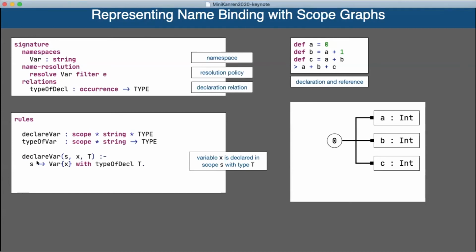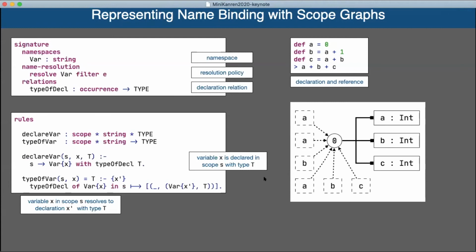And what does that do? Well, declare var is defined as there's an edge from the scope S, so the binding scope, to the variable X with type T. And we see that in the scope graph picture over here, right? So that we see that A, B, and C have type int in this scope.